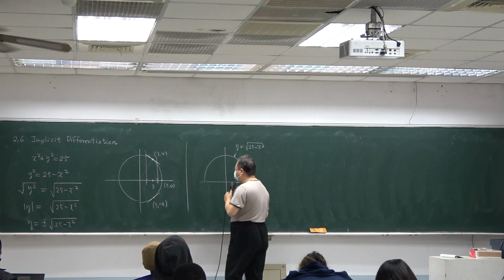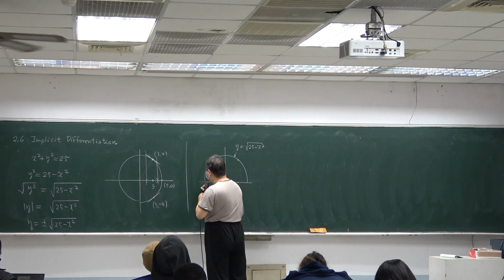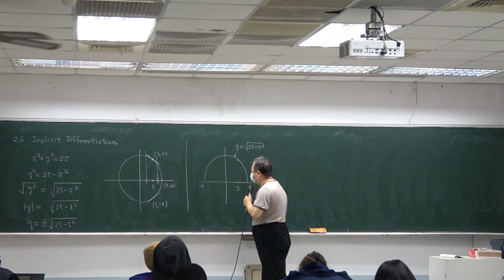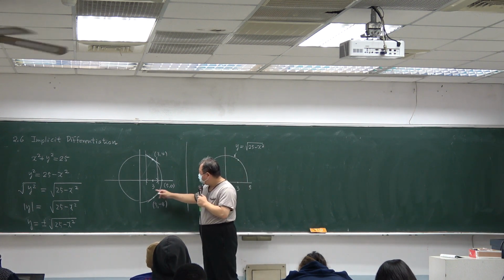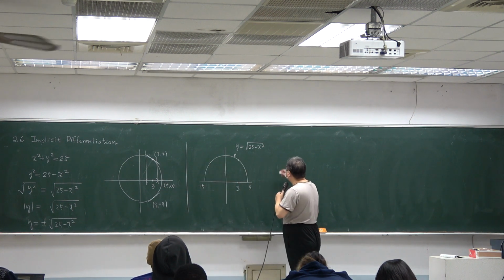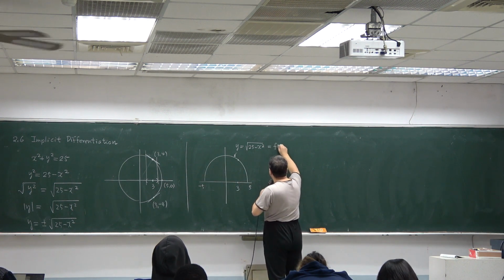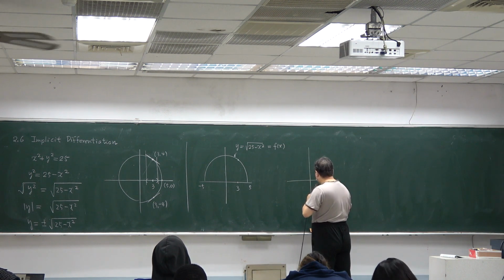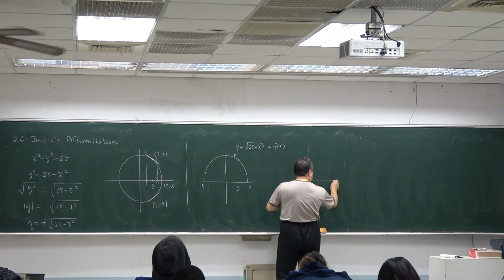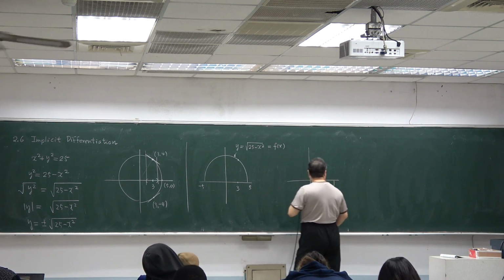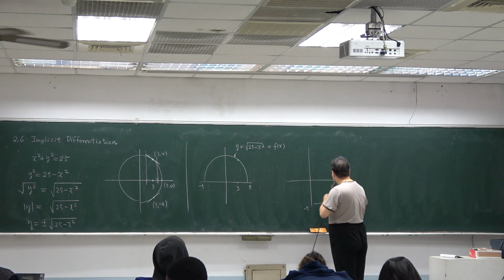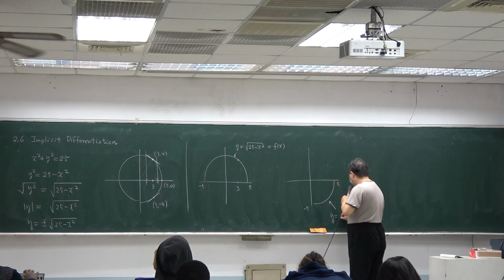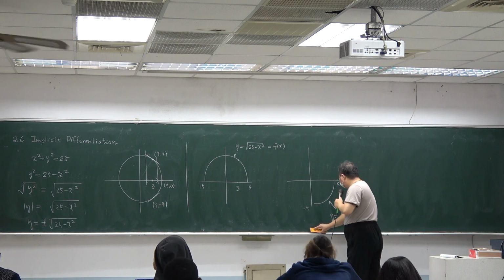Of course, we may consider x between minus 5 and 5. Here, we may consider a function. We call this f, lowercase f. Now here we consider a quarter of this circle. This is y equals square root minus